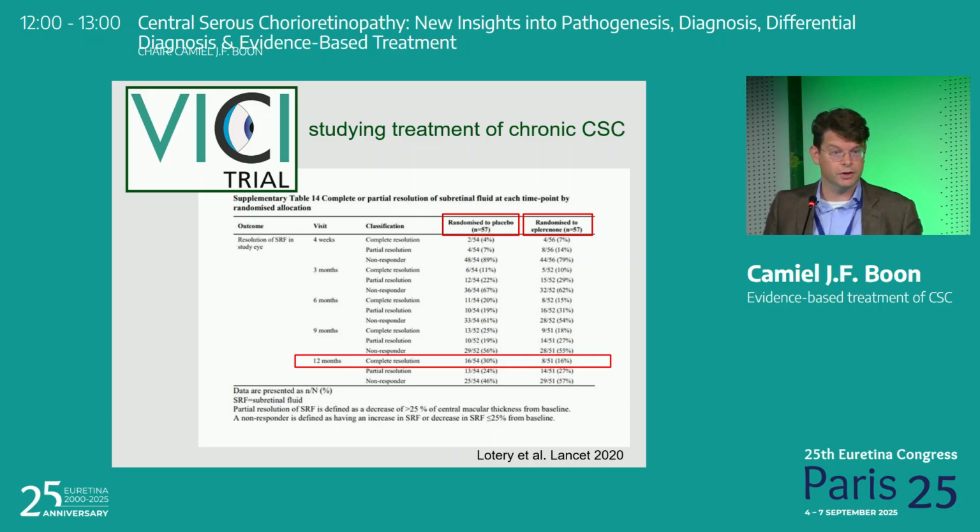And the authors rightfully concluded that there is no place for eplerenone as a primary treatment of central serous chorioretinopathy, because it simply doesn't seem to work. But it also shows you that even in chronic cases, whatever they may be, because it's a difficult definition, there may be spontaneous resolution, which complicates the interpretation of retrospective studies. You could give them a bag of M&Ms every day and then show that 30% have a spontaneous resolution after 12 months. But this is simply probably a placebo effect and bad for your teeth.